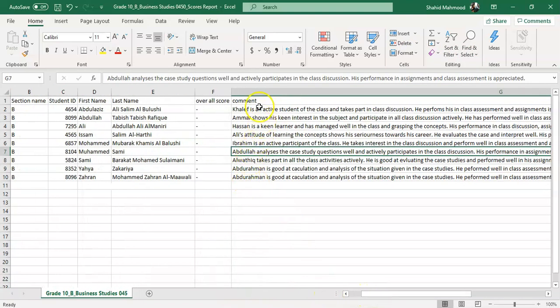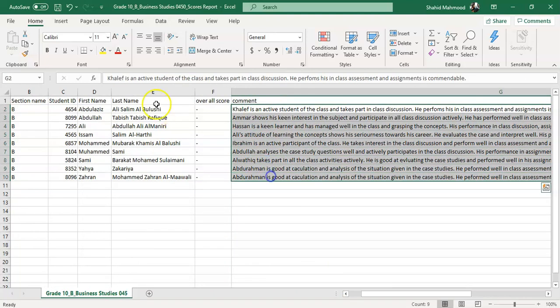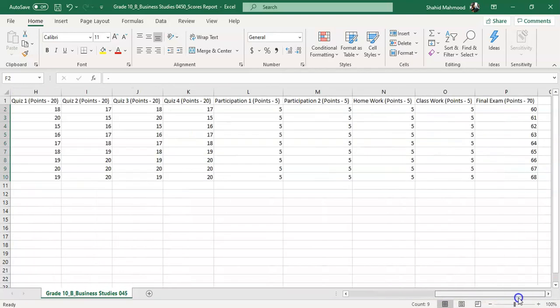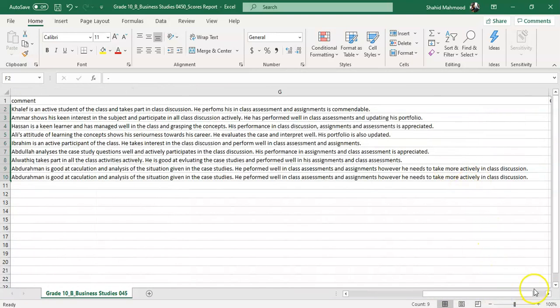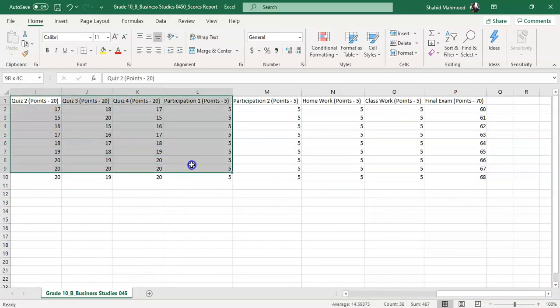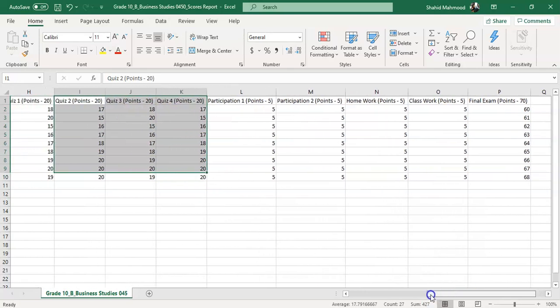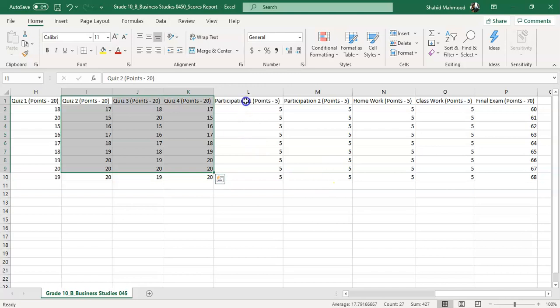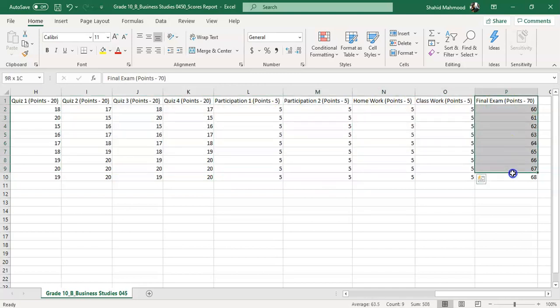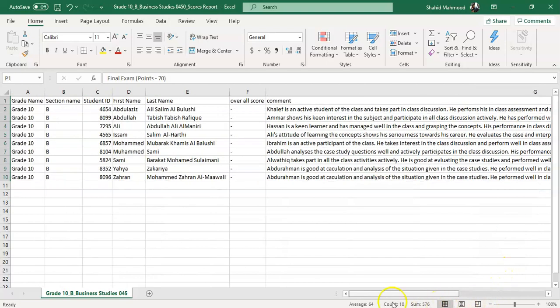So I have put comments here, but I left this column empty, and then I have put the score of the quizzes. This is quiz 2, 3, and 4, and of course quiz 1 will be a little this side. And then participation, homework, classwork, exam score out of 70. Once everything is ready, just save it.